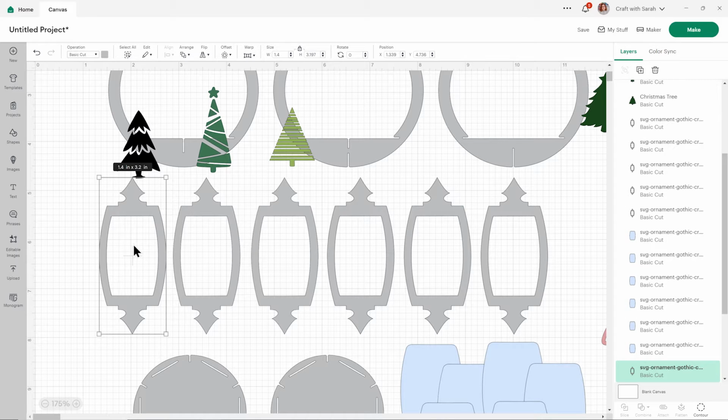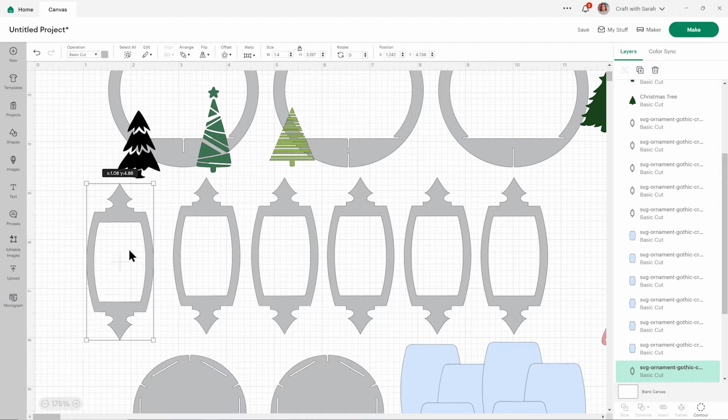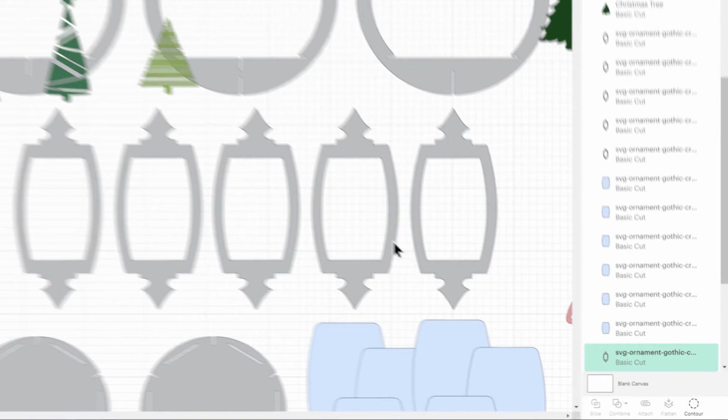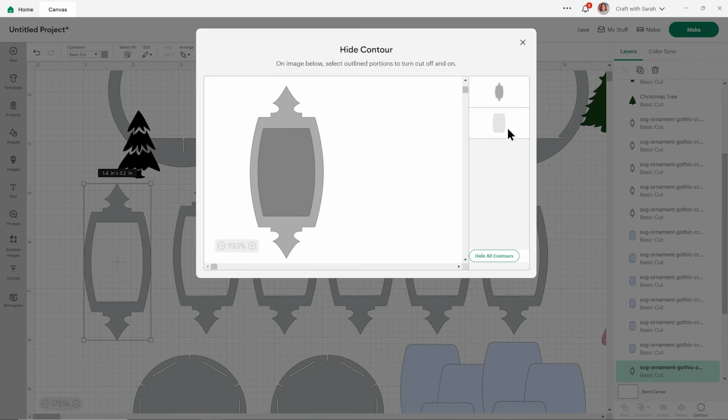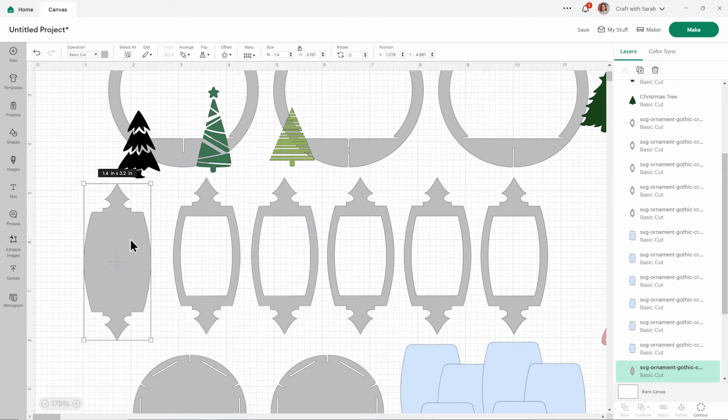That makes more sense, doesn't it? All right, so I've got this piece selected. Then I'll click Contour at the bottom of the Layers panel and then click on the middle shape, or you can press Hide All Contours and then close. And that's filled that in.